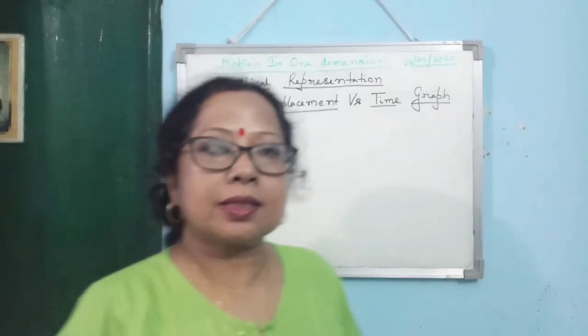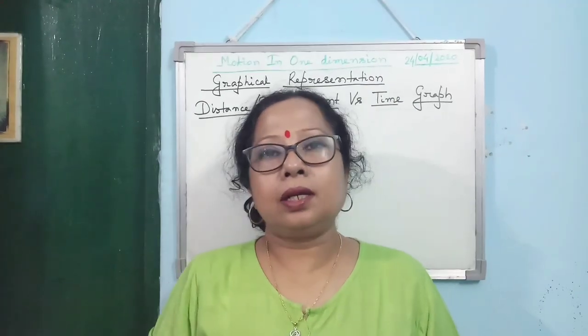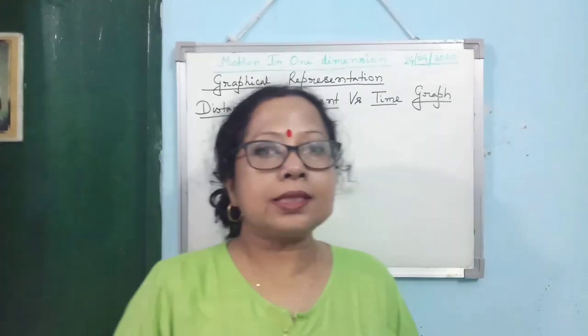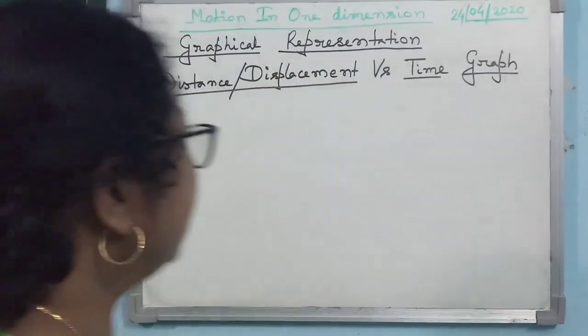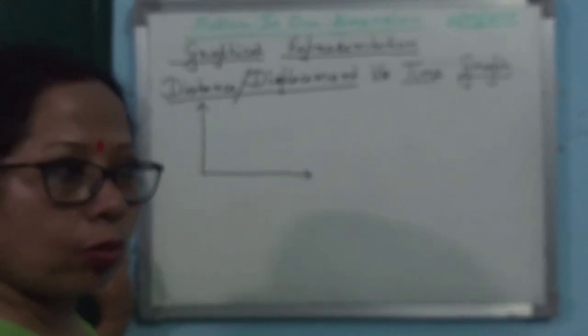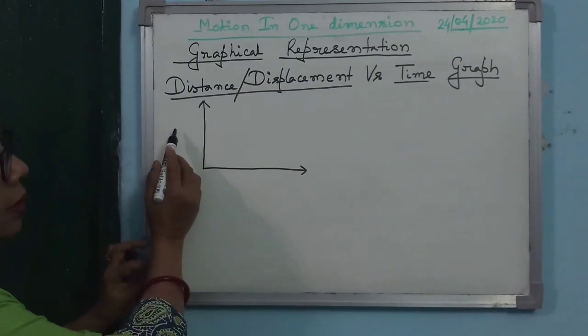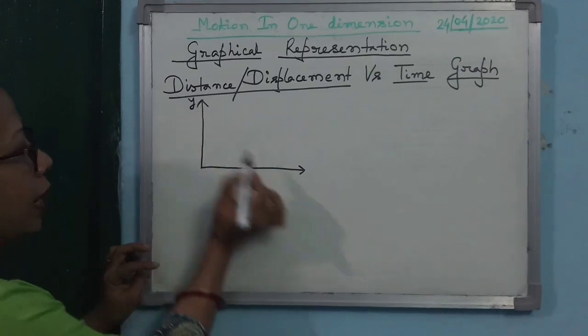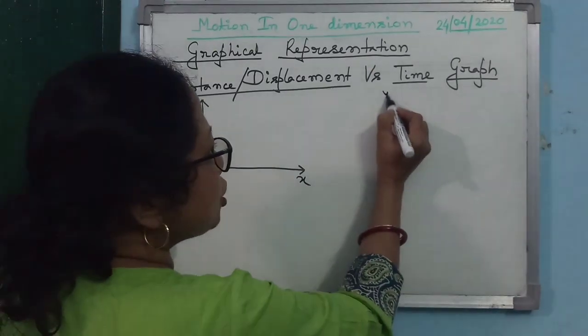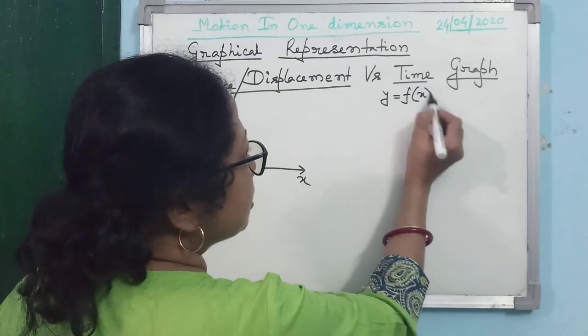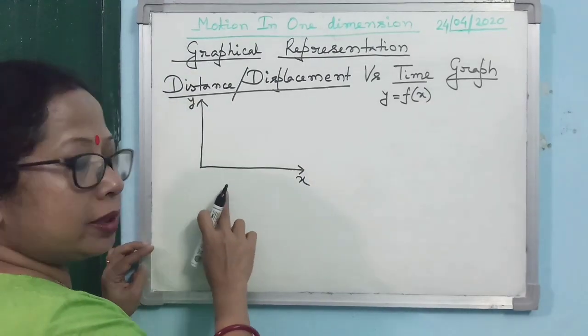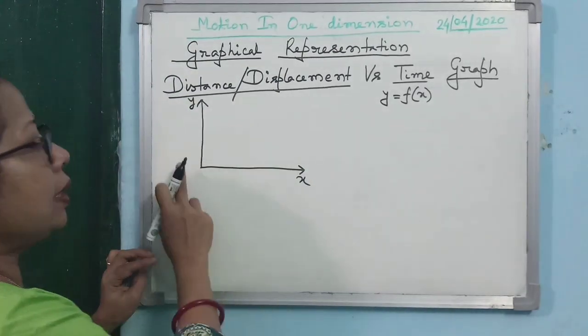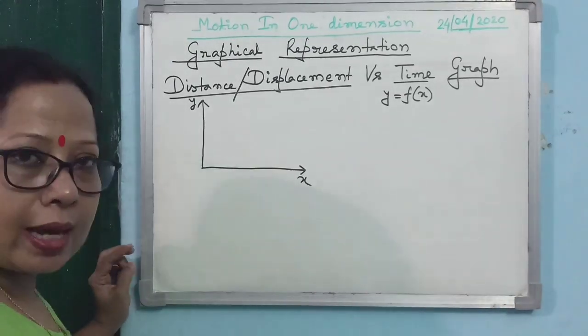So next unit is graphical representation. Now in graphical representation, as I already said, when you plot a graph, there will be two axes: the horizontal axis, which we call the x-axis, and the vertical one, called the y-axis. And I always said how to plot it. If you consider y, this is x, then y should be a function of x, meaning the independent quantity should be plotted along x and the dependent quantity should be plotted along the y-axis.